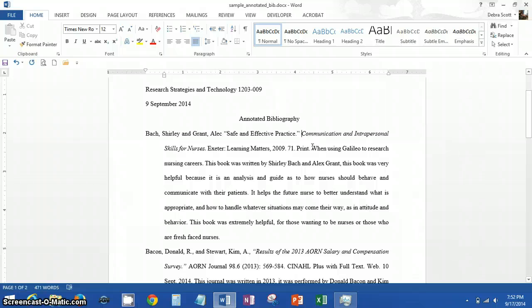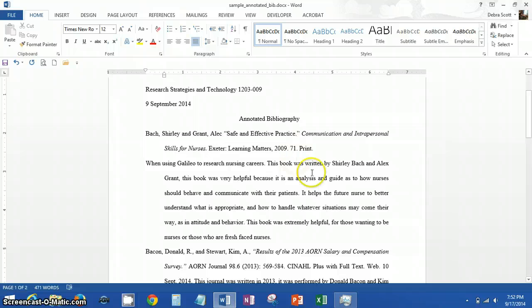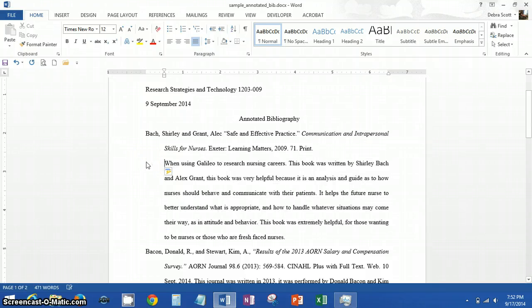Here, for the annotated bibliography, you actually want the citation to be on a line by itself and then begin the summary on the next line. So I'm going to click and return. Now, all of this should be in line with this hanging indent. So what I'm going to do here is just tab over to get that in line, because if I undo that